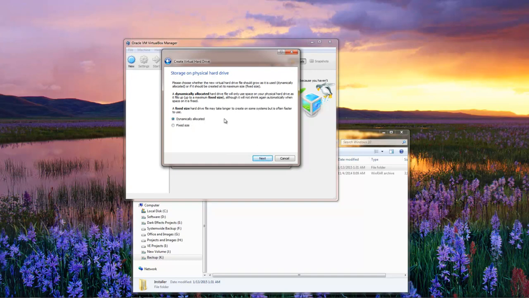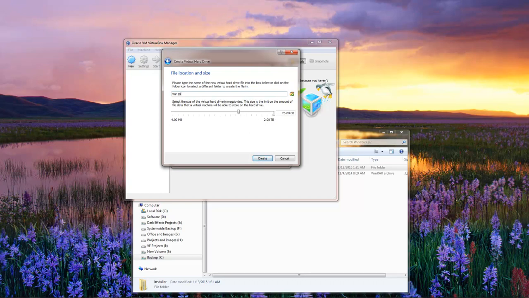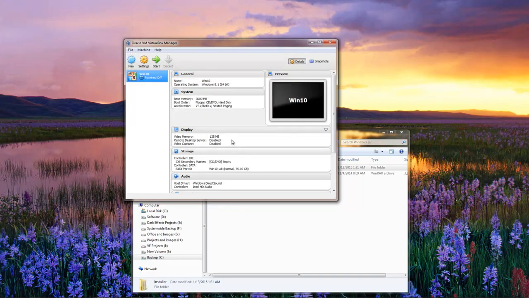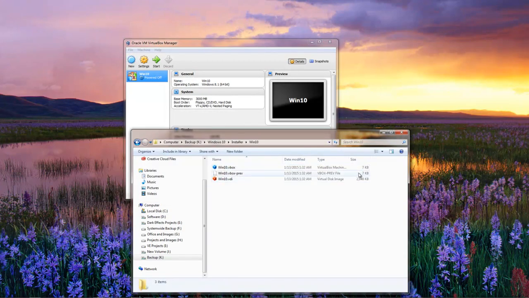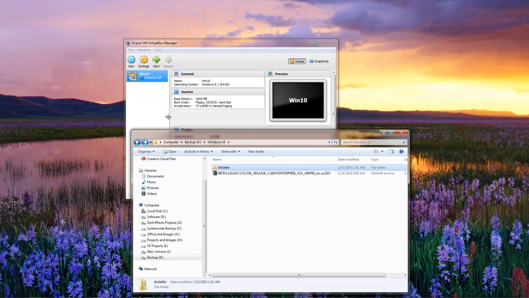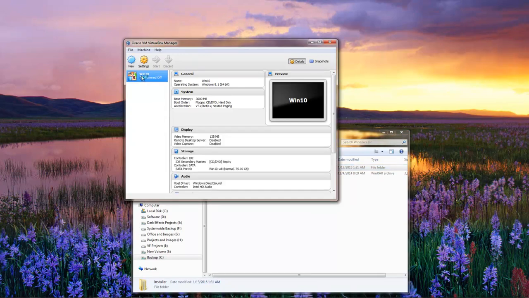We want it to be dynamically allocated, that way it will grow in size as it's needed. Click on next. We want to set this at 75 gigs. We've got 110 on this drive, so let's click on next, and it just created our drive, which is right here. Now let's come over here and double click on it,